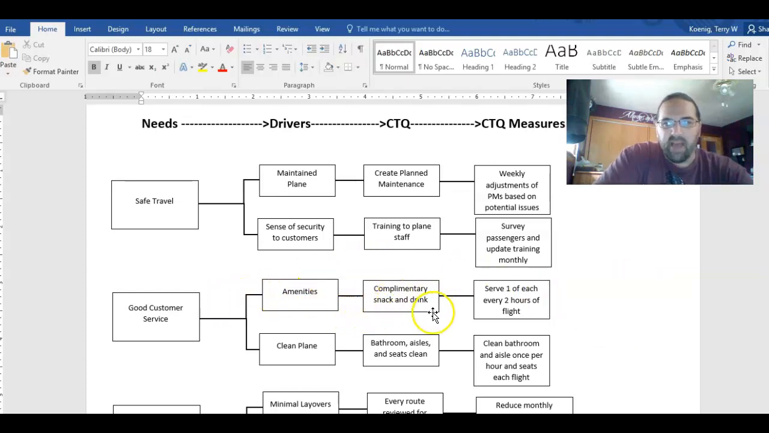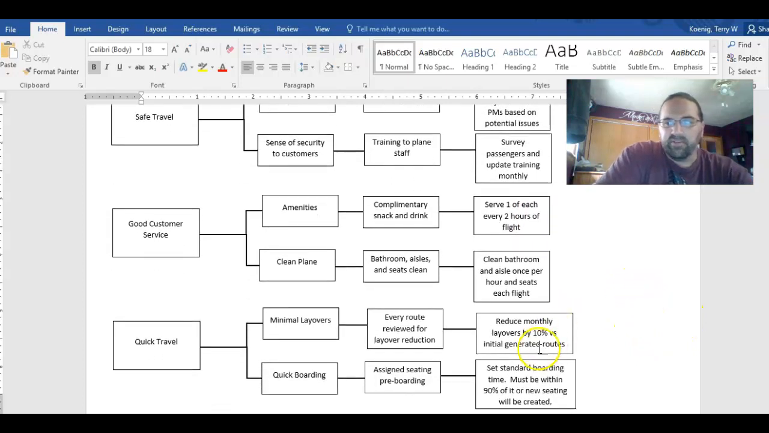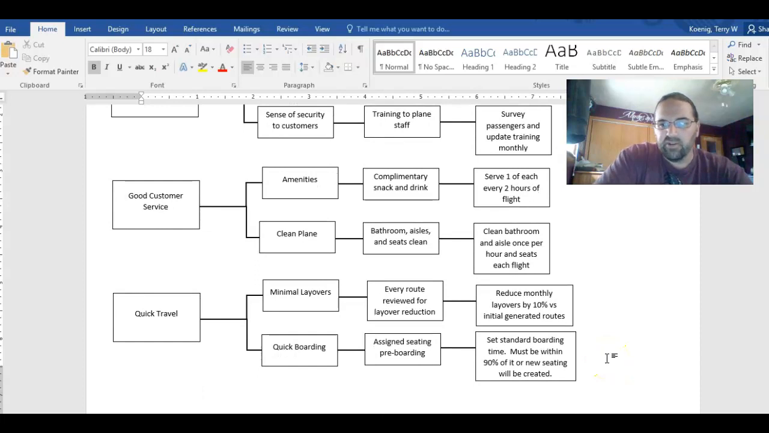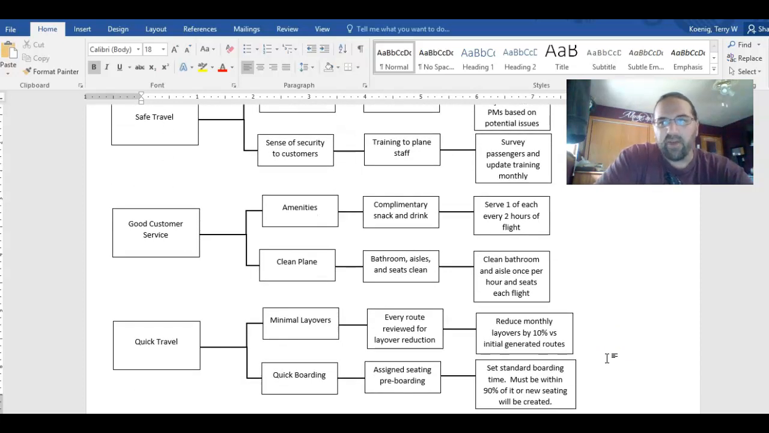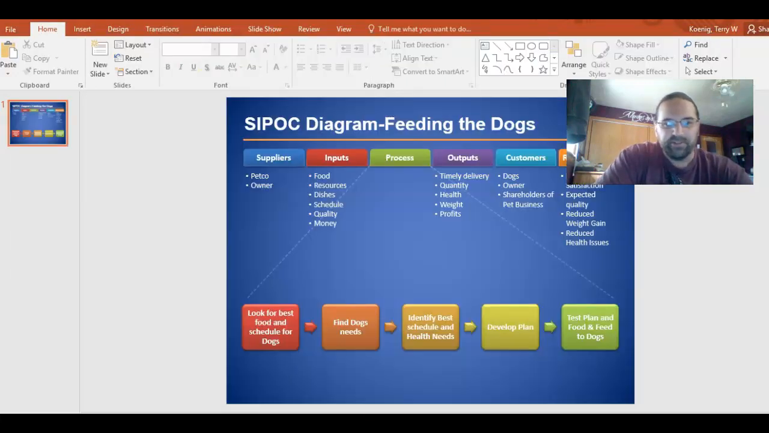Here's an amenity, complimentary snack and drink. Serve one of each every 2 hours. So it's how many with time. Reduce layovers by 10%. Standard boarding time must be within 90% of it, or new seating will be created. Right, so there are numericals on some of these. They're not always possible, but if you want to create good measures,